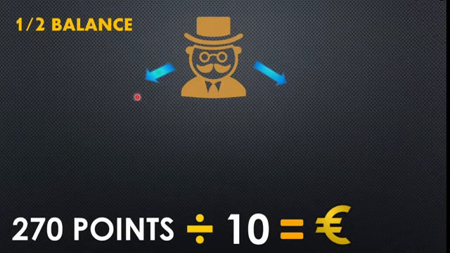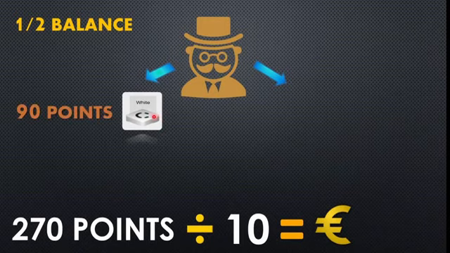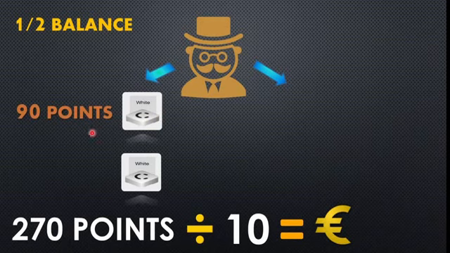Then we have the 1:2 balance. It is a 1:2 ratio, which means you will have one person on this side and two people on the other side, vice versa. It might be one on this side or two on this side. Then you have one person on your left,